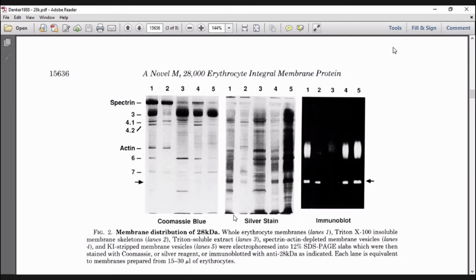And then again, he did electrophoresis. He stained it using Coomassie blue and silver stain. Apa beza dia? You nampak more bands, right, in silver stain, right? You nampak more protein in silver stain. And he point this lane, you nampak arrow ni kan, yang sebelah kiri ni, dalam Coomassie blue tak nampak. Dalam silver stain nampak. Ini satu hal, satu benda yang again, most scientists, they are too lazy.